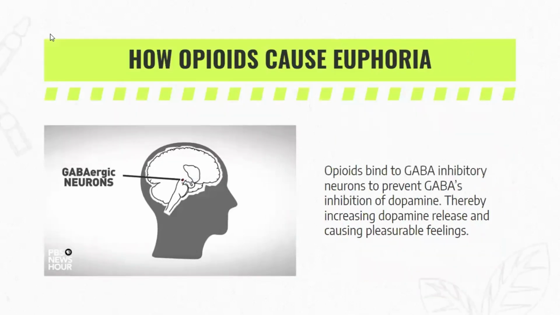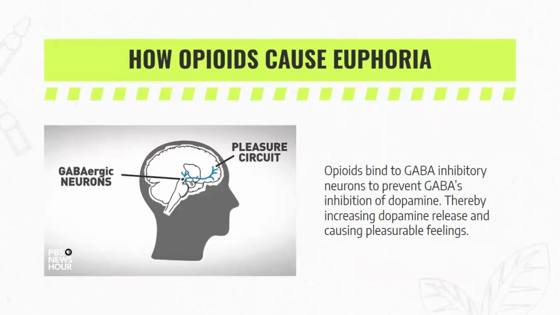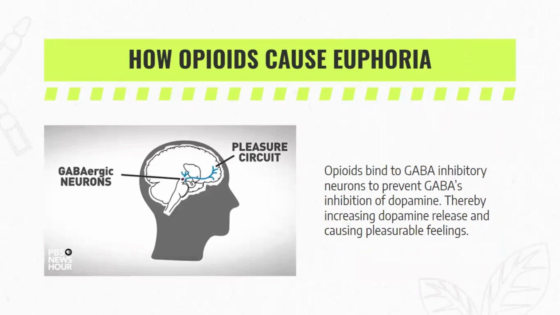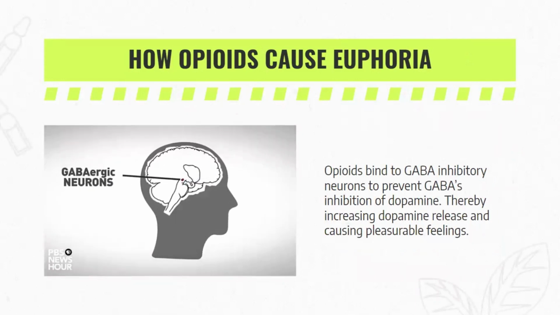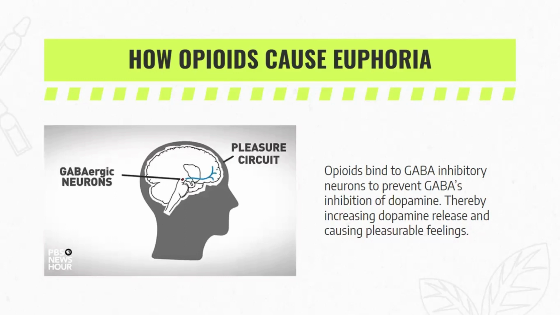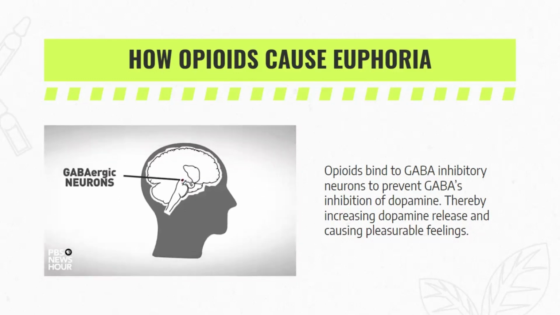In the brain, opioids' euphoric effect occurs when they bind to the GABA inhibitory neurons. Dopamine is responsible for the pleasurable feeling individuals get when doing something they enjoy. Usually, another neurotransmitter, GABA, binds to receptors on the membrane of the neuron, which inhibits the release of dopamine. However, when opioids are introduced, they bind to receptors on GABA inhibitory neurons, thus reducing GABA activity, increasing dopamine release,